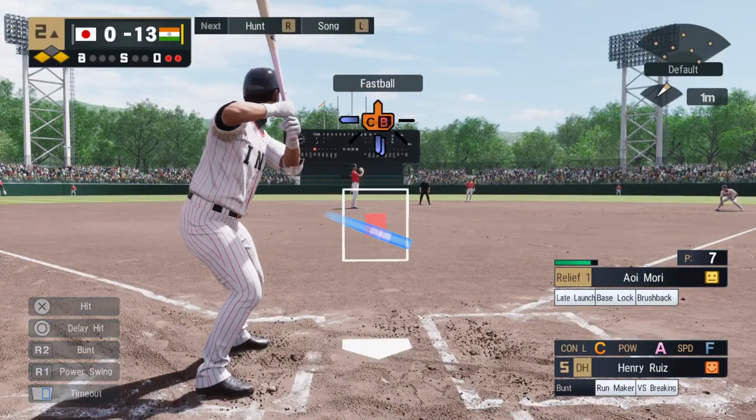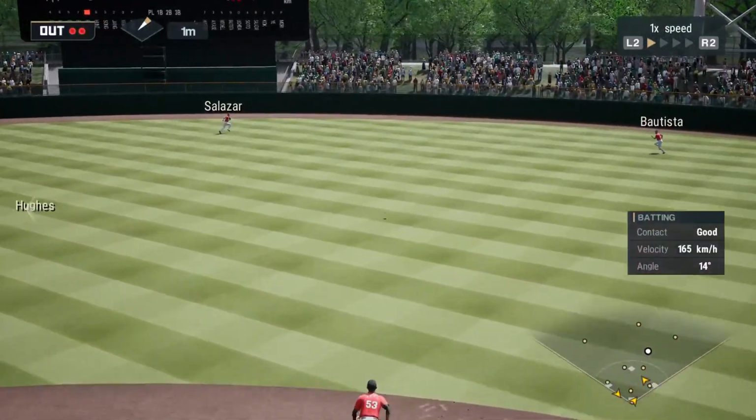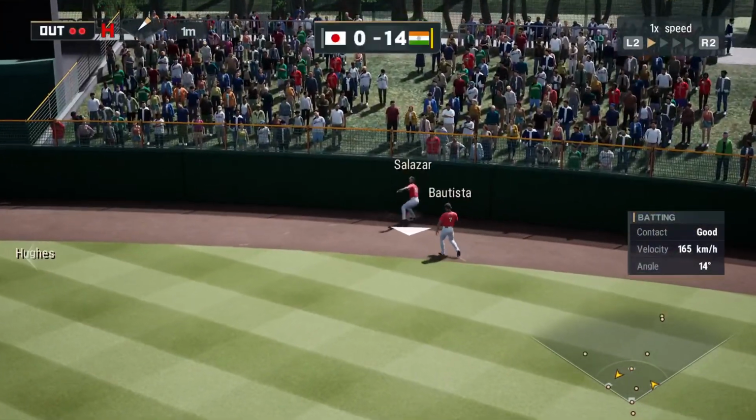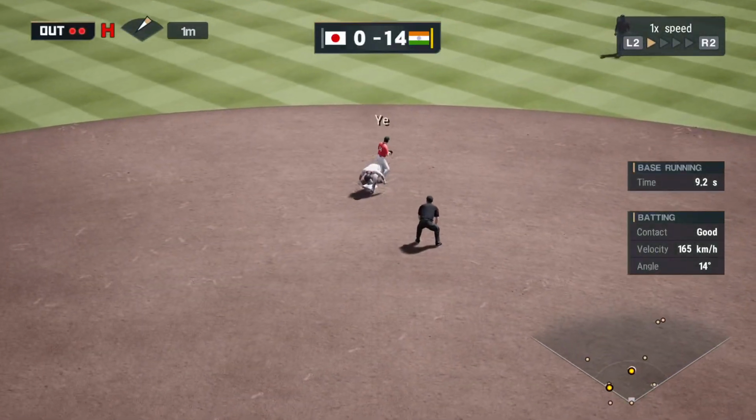In his last at-bat, he hit a single to right. Swings at the first pitch. Takes a bounce for a base hit. The runner on first rounds second, going for third. Throws to second. The hitter gets to second and puts the...